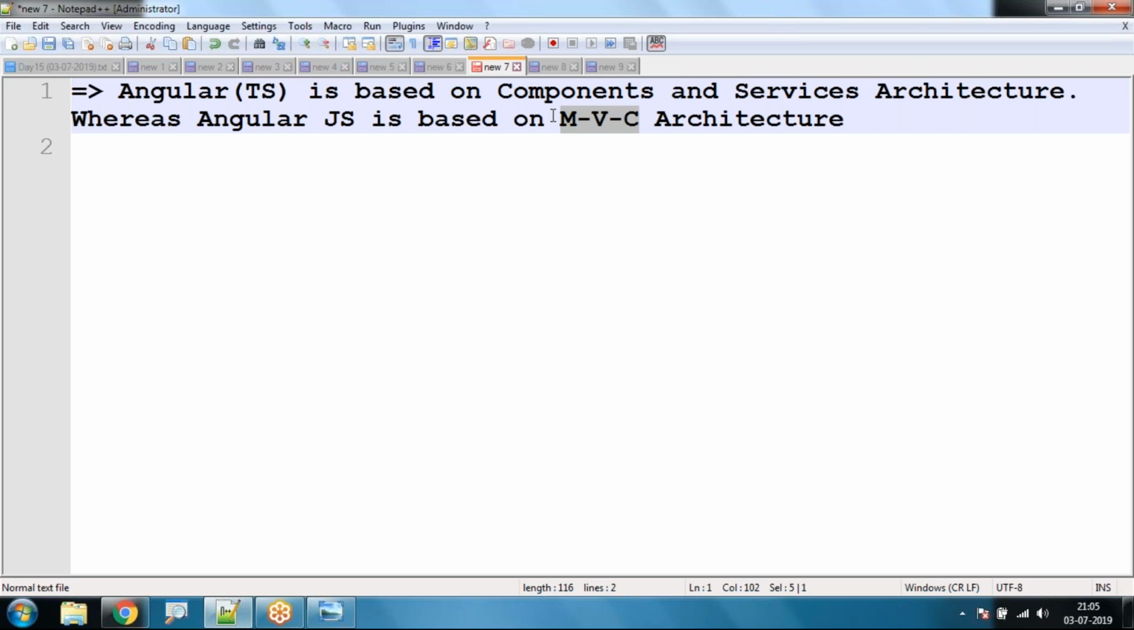AngularJS, whereas in Angular TypeScript components, component means a class, and inside this class we are going to group together data and functionality as a single unit. Right, all of you? Yes. So this is component based development using Angular TypeScript and MVC based development using AngularJS for dynamic